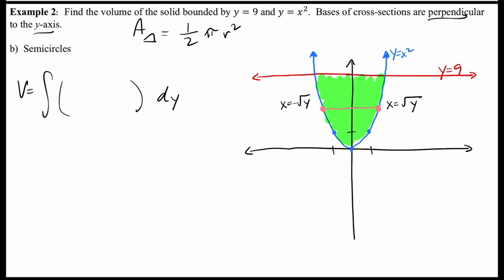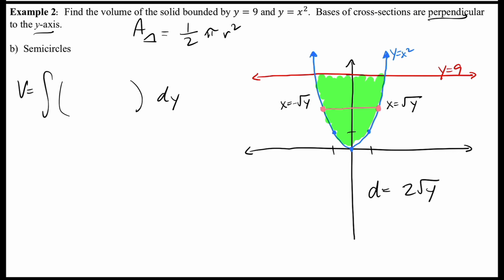So pink dot to pink dot is going to be the diameter, all the way across, right? We know the distance from pink dot to pink dot. We just did that on the last one. On the last problem, we had the diameter was 2 square root y, right? We said the distance from pink dot to pink dot was 2 root y,